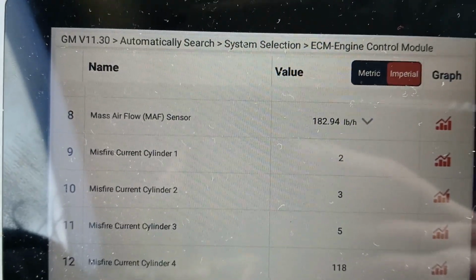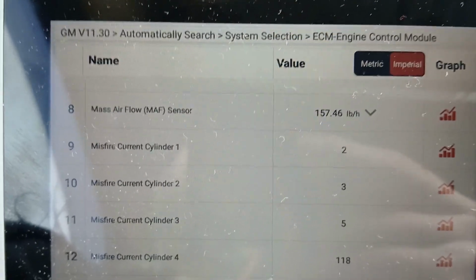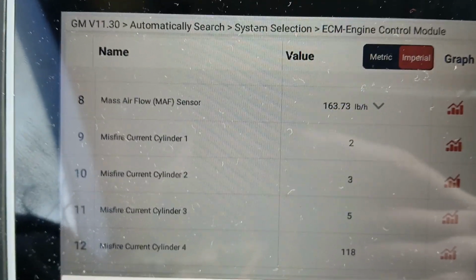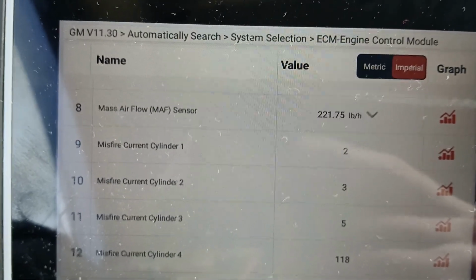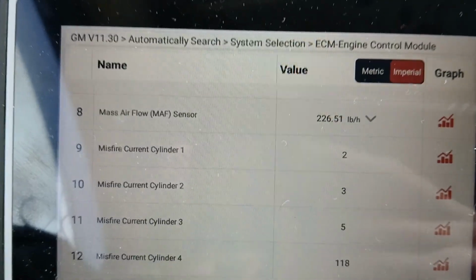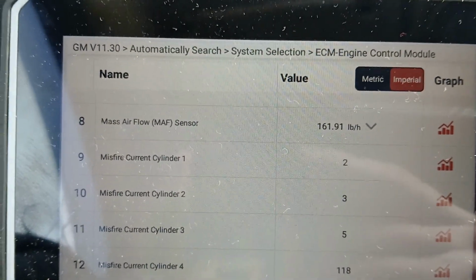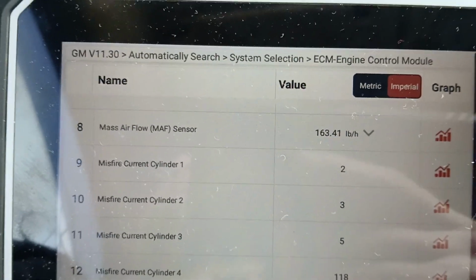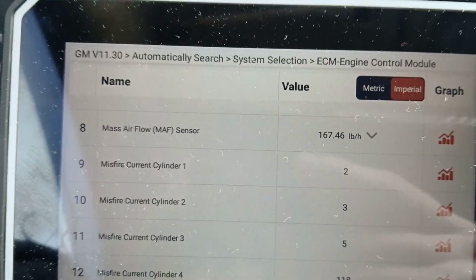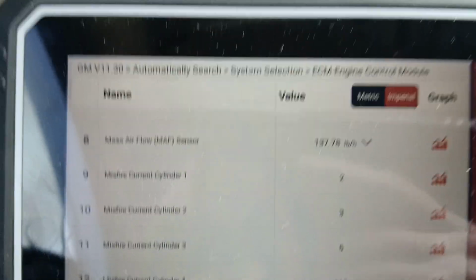And unfortunately, too, I can't. I was wanting to actually graph it. I was wanting to record, you know, the camera on my phone. I wanted to record the actual graphing, but I guess if you're recording on the scan tool, you can't record the graph. I mean, I guess if I went into it and replayed it and then graphed it, I could do it that way. But as far as recording it and graphing it at the same time so you guys can see it,